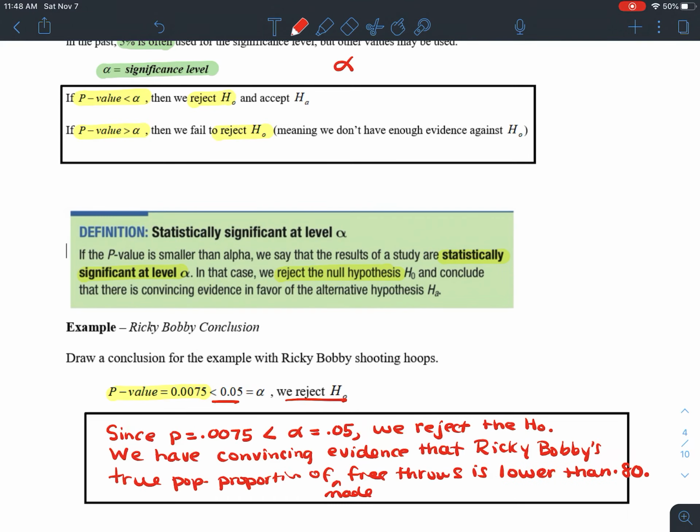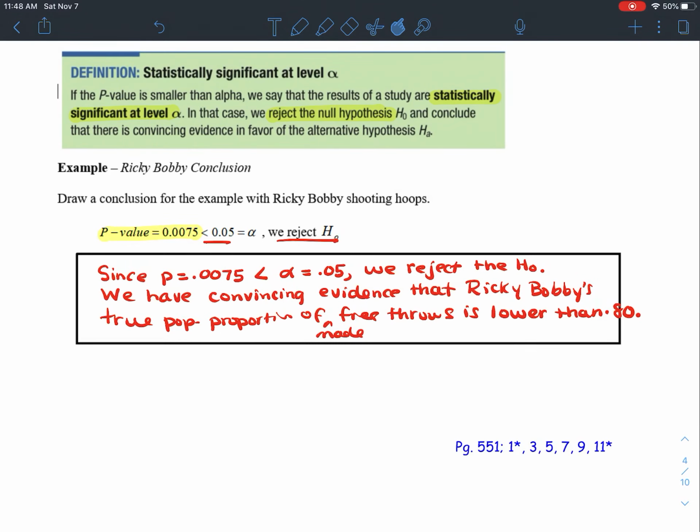Okay, we will definitely be getting more practice with drafting these conclusions, and we're going to learn how to get the p-value from actually not just doing simulations, but that is the idea with just this opening example here. Okay, there's a few problems for you to go ahead